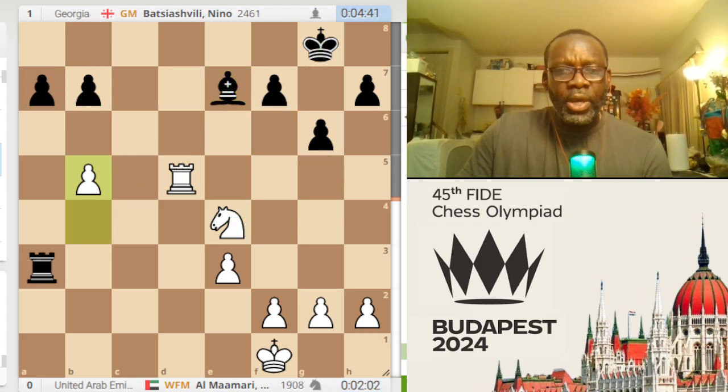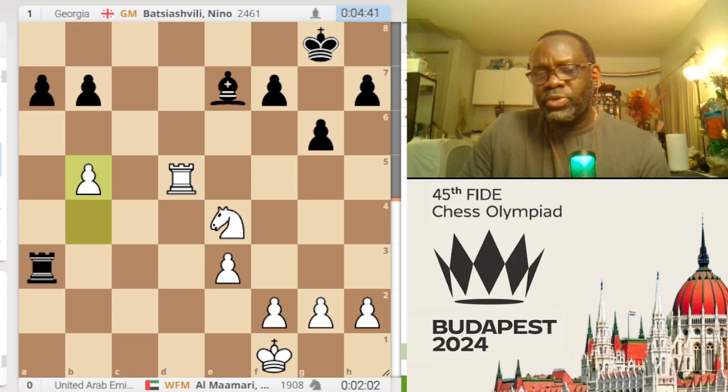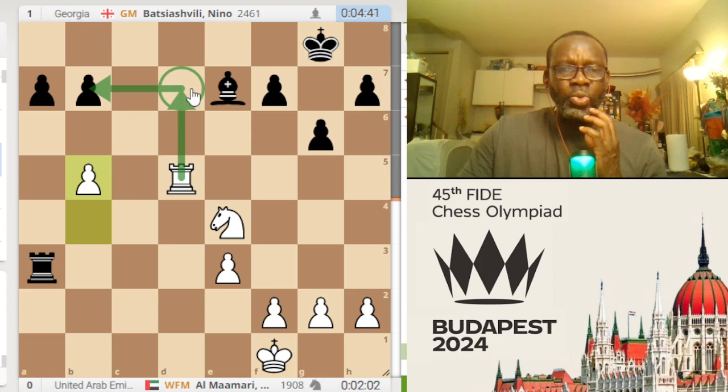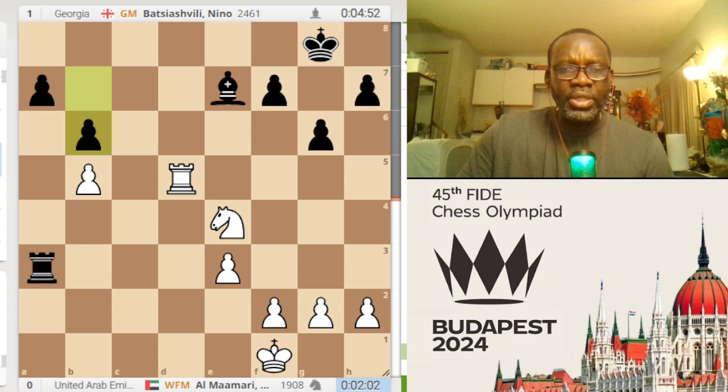So, b5 is played. b5 is also not a bad move. Now b5 is threatening the rook here, actually trying to win the pawn, putting a double attack on the pawn and the bishop. So b6 is played. Now rook d7, king to